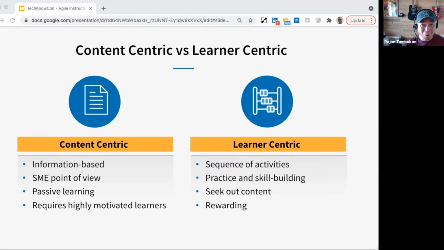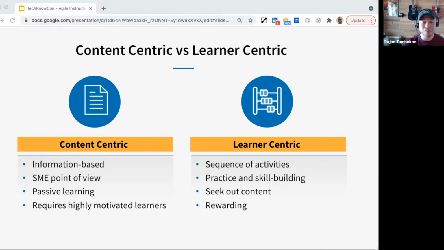Here, most of the information is being presented, and it relies really heavily on the pedagogy of adolescence and dealing with memorization and information retrieval. It's more or less just passive learning. It's not always bad. I learn a lot from content-centric, and I'm providing content-centric right now.